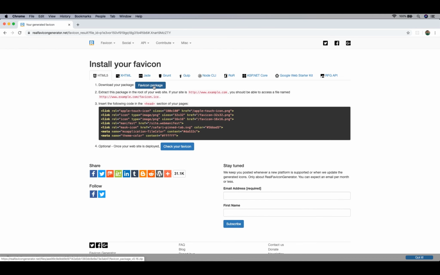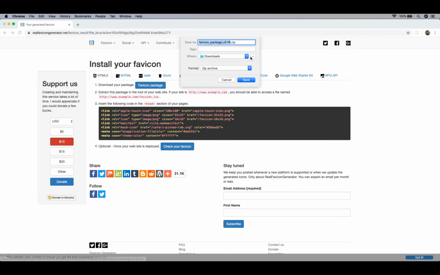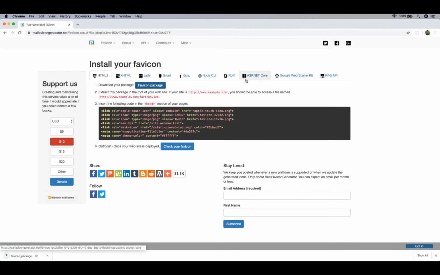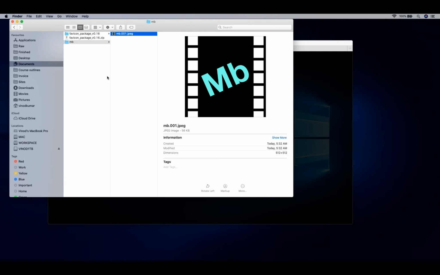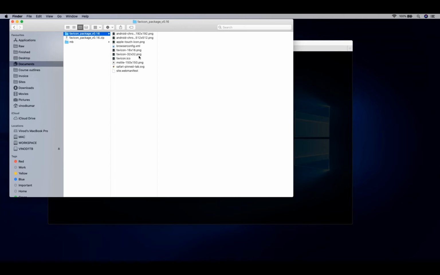So here is my favicon package. I'm going to download the same thing onto the documents folder again, where we have our other actual file. So I click on save, and now we have the favicon.zip generated. Let's unzip the same thing and go to the documents folder. So here is my favicon package, which consists of all the files, and the important ones for us are the